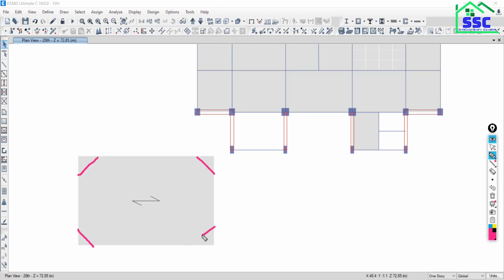Sometimes you will get balconies like this. So the slab, suppose, is there like this.